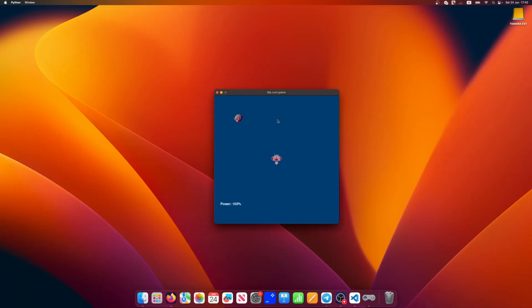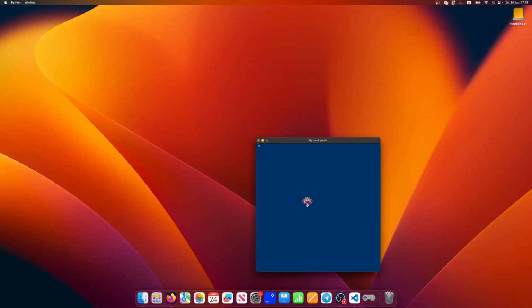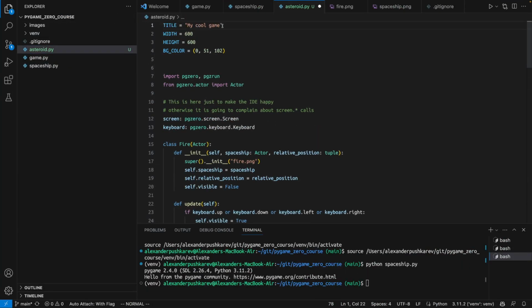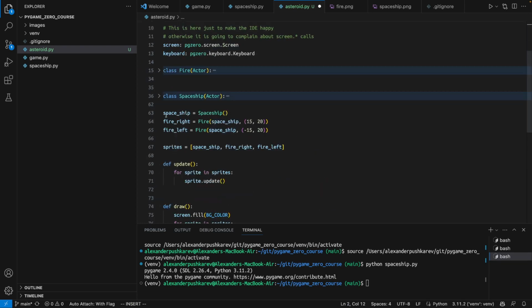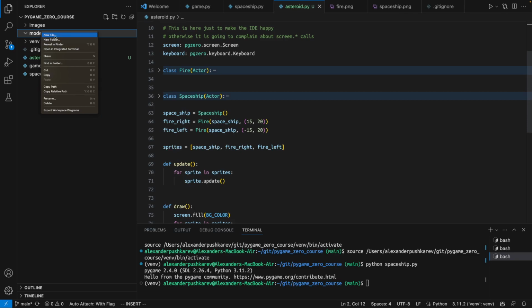In this little game that I created, you basically need to avoid an asteroid which flies around. It would be getting faster and faster, and, annoyingly enough, you will also run out of power if you move too much. It has music, sound effects, and it even used to have some explosion animation, but I decided it wasn't necessary. I have actually created a short video tutorial explaining how I made this game. Feel free to check this out if you didn't see it. The link is in the description.